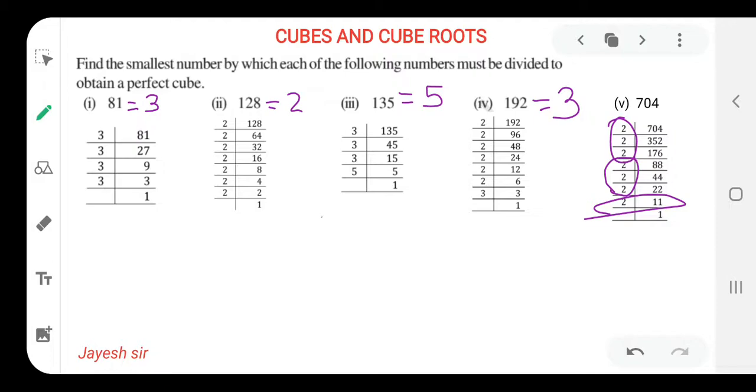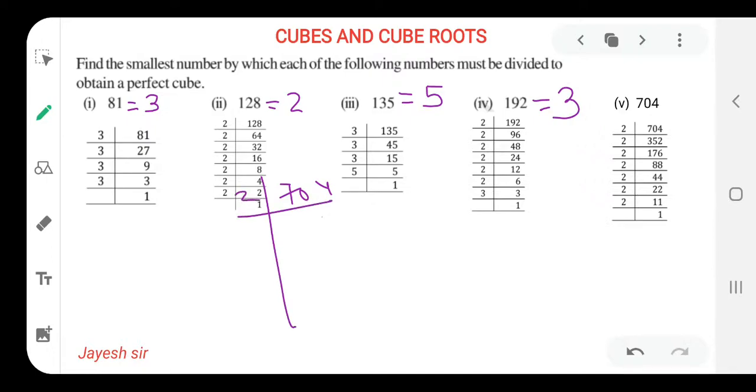I think some mistake is there over here. Yes, you can find the mistake in this question, that is 704 divided by 2. Here what would be the mistake, dear? Here you can see in the last step what mistake is written. So let us solve it for our convenience, so that we can find it easier. I am solving it for you so that we can get the answer properly.